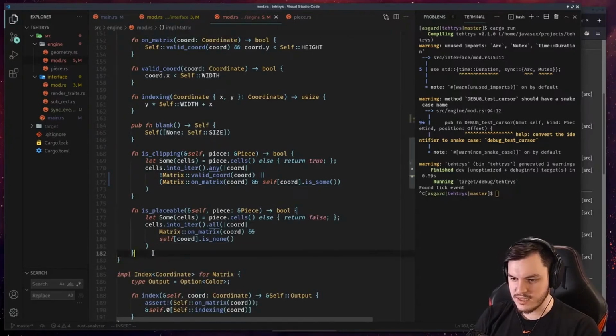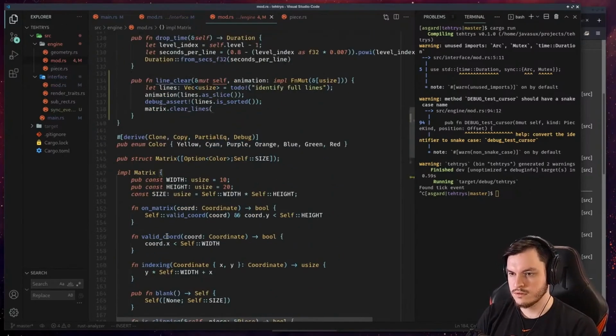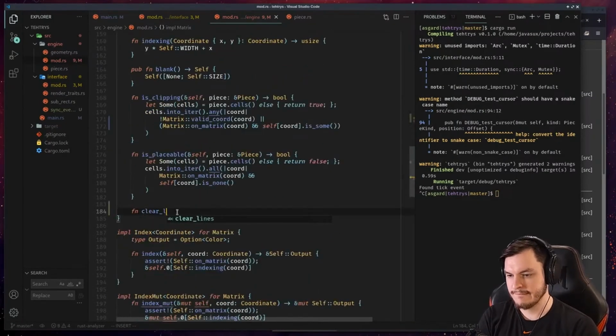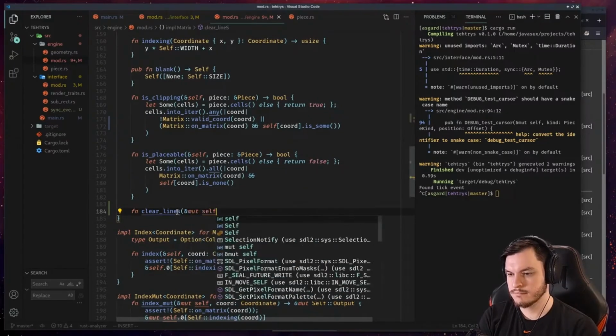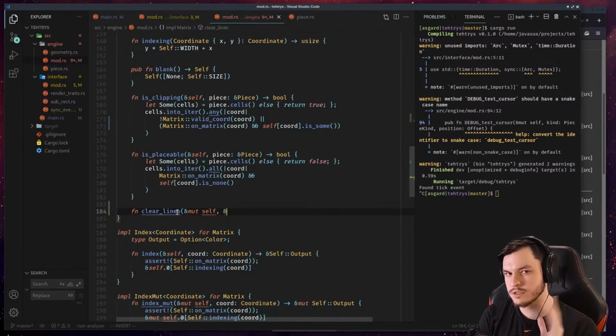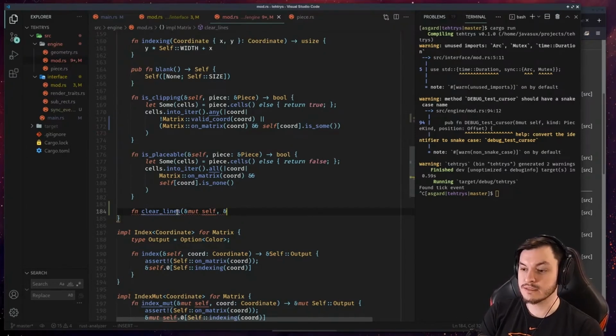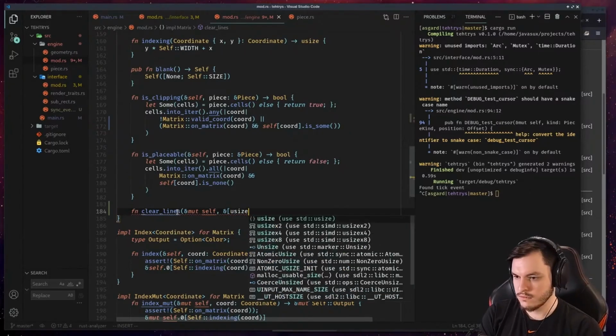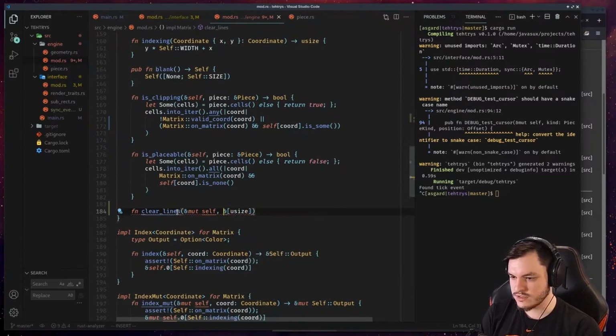But here, what we'd say is, and then a slice of lines, and similarly with the order, there's also the length. We're never going to be clearing more than 4 at a time because all of the pieces have four blocks and it's impossible to clear more than 4 lines. So a slice of usize, which is going to be called indices,